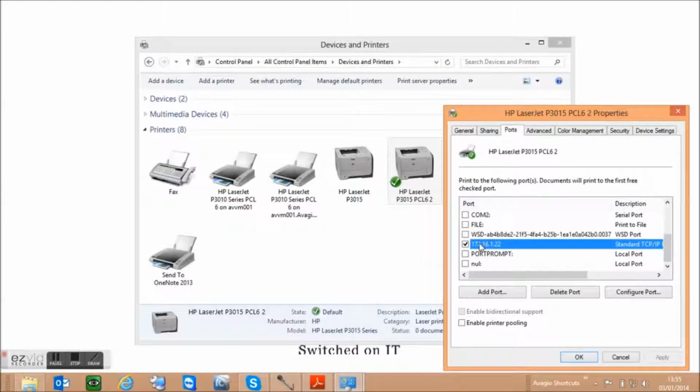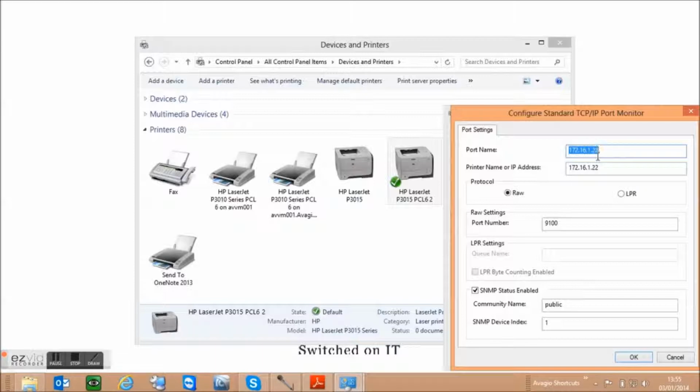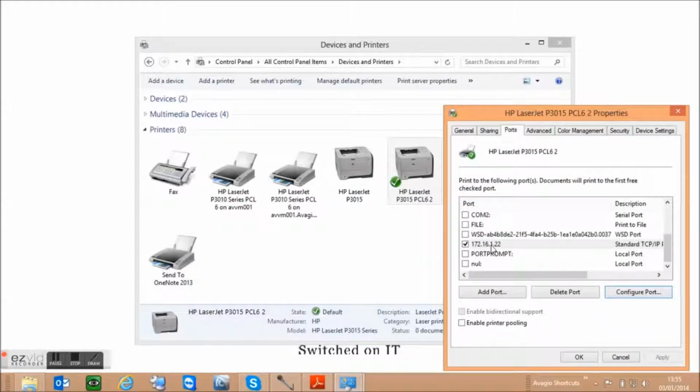If you've got a network connected printer, you will have a port that might have a name or an IP address, which is basically numbers and dots. And depending on your rights to your machine, you'll be able to configure this port, and that'll give you a bit more information. So this is a very interesting number for us if we're using a networked printer. If it's just a standard USB printer, it will just say USB 001 or USB 00, whatever it is, depending on how many USB devices you have plugged into your computer. So it's important to know that if you've got a grayed out or offline printer. If that's the case,